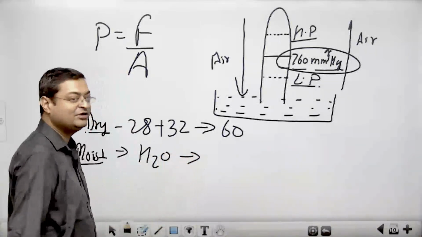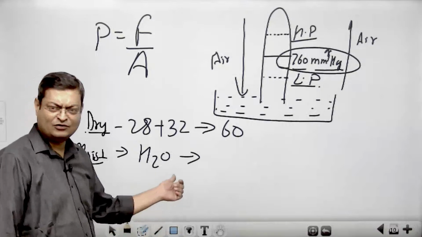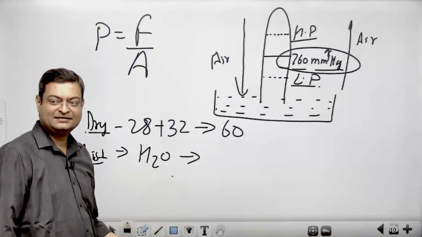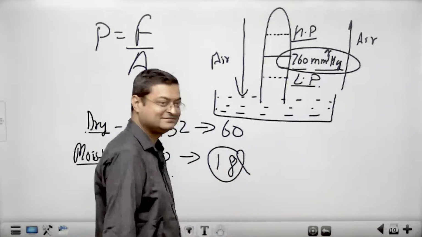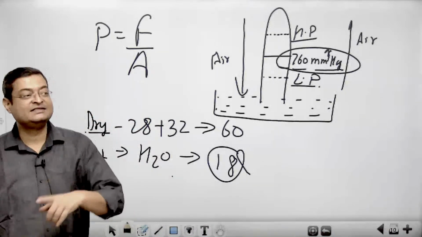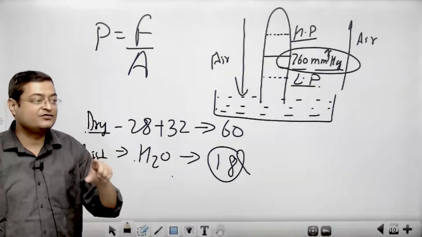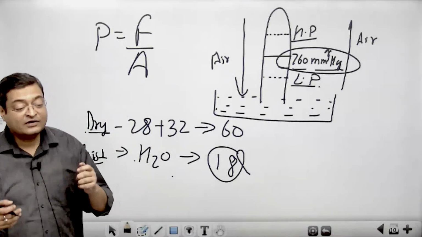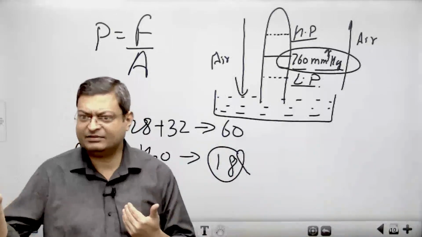What is the molecular weight? 32 कैसे होगा? O एक ही है. 18. किसका weight ज़्यादा रहा? So dry air has more weight. But remember, this dry air must be cold. If this dry air is warm, then if you are going to heat anything,